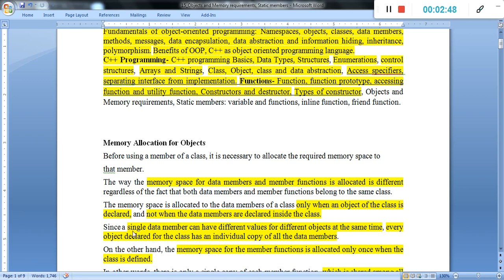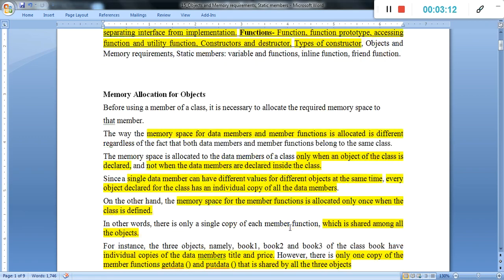That is the process. A single data member can have different values for different objects. Means when we create two objects for the single class, it allocates different memory for the different objects for a common data member. We will understand an example of that.